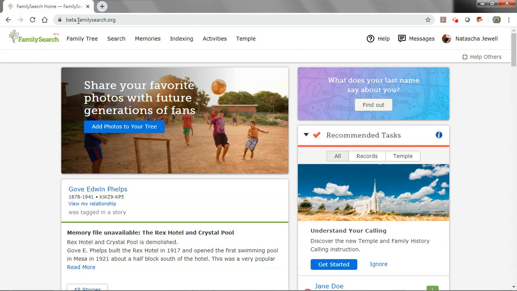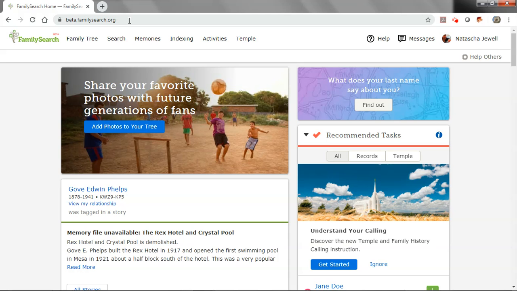I am not actually in FamilySearch.org. I am in a site called beta.familysearch.org. This is a sister site to FamilySearch that is used as a practice site where we can go in and create lessons, we can add and delete people, merge people, and it won't actually affect our records on the real FamilySearch.org program. Anybody can use this site. As long as you have a username and password to FamilySearch.org, you can go in and practice in beta.familysearch.org. And since I have altered some of the things about my family so I can use it as a lesson,